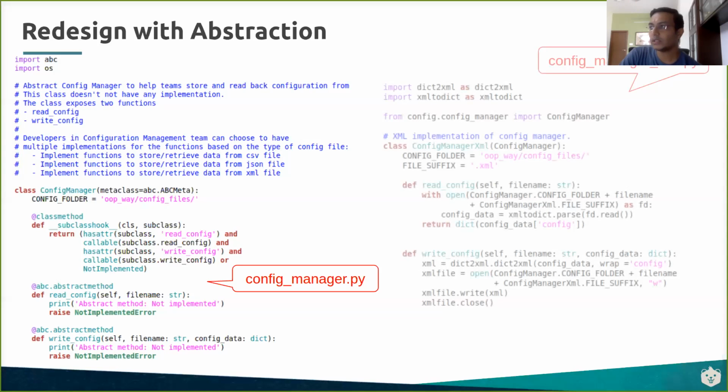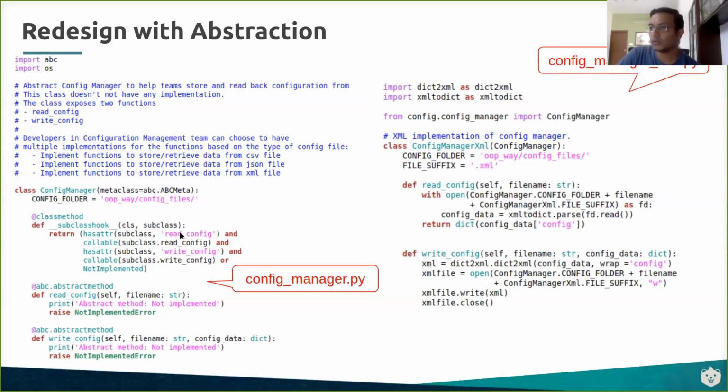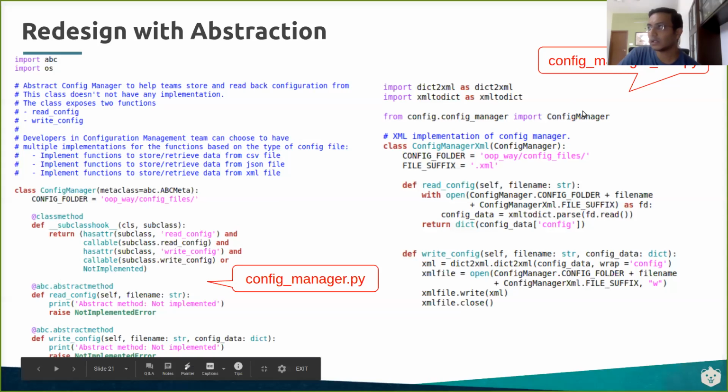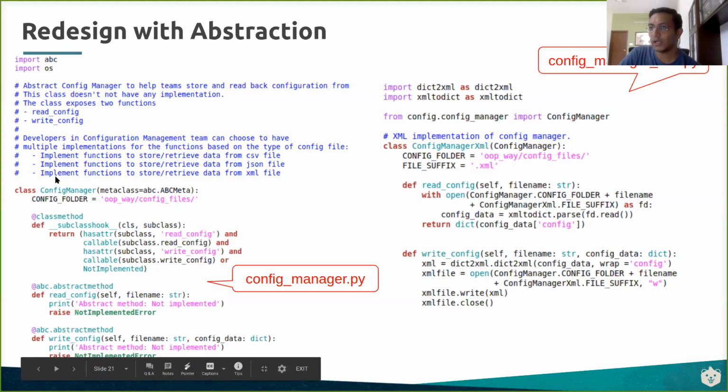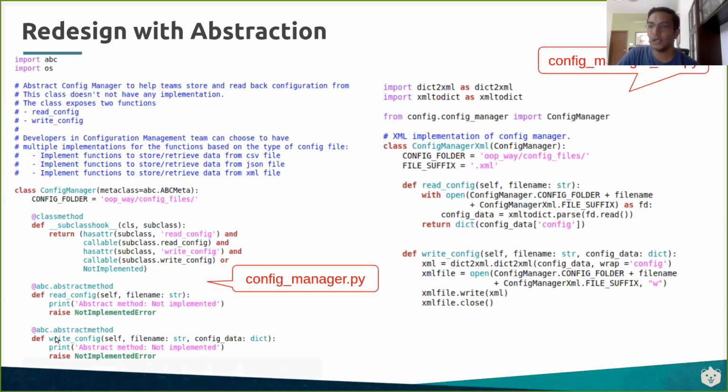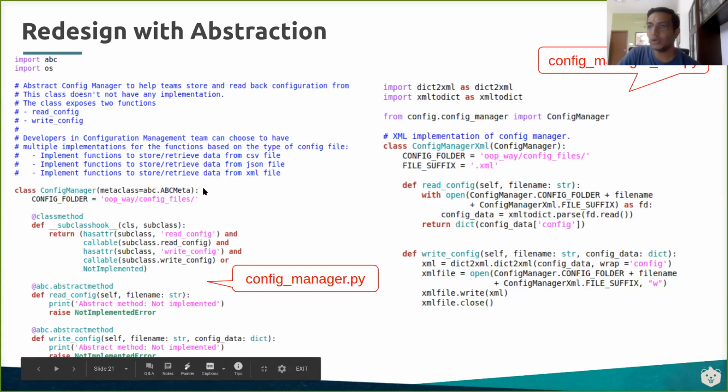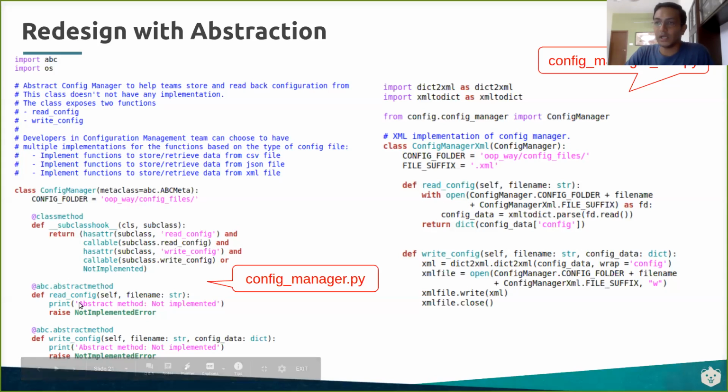So the way we implement this is we say, okay, we'll write some children classes effectively, which are implementing this interface, right? So this has now become like an interface, right? So this is only defining the methods. If you're talking about this in terms of Java, this is an interface. It says these are the methods I have. Anybody who wants to implement these two methods, who wants to support the same thing as the configuration manager does, is free to do this. He can go ahead. He can implement his read config in any way he wants. He can implement his write config in any way he wants. But from the client side, they will only see read config or write config.